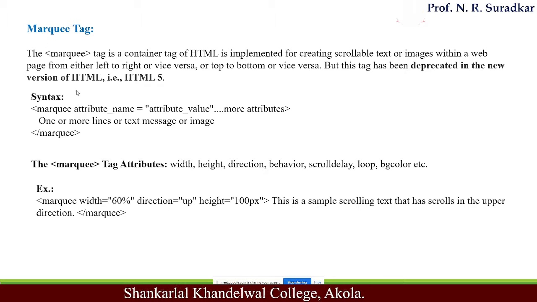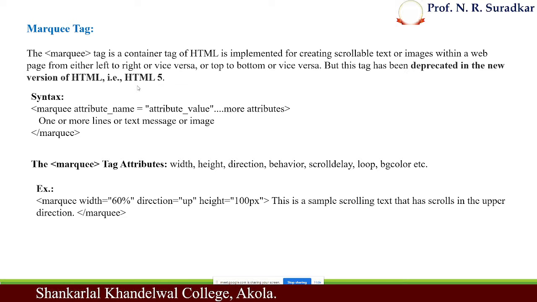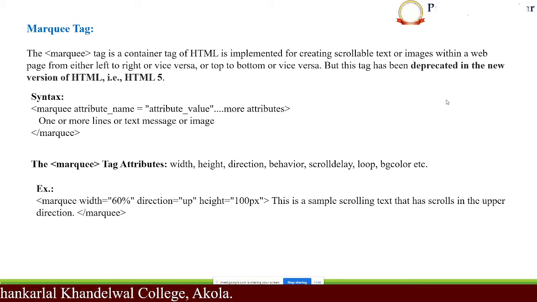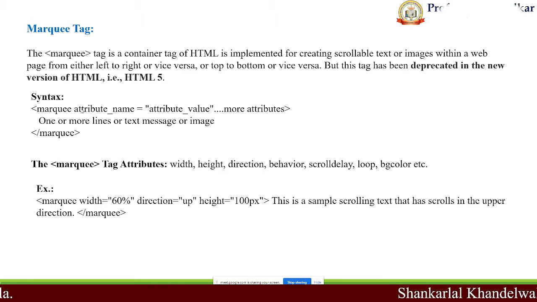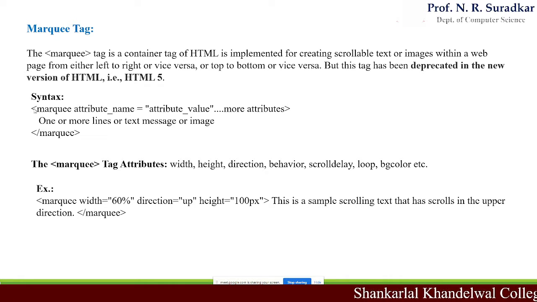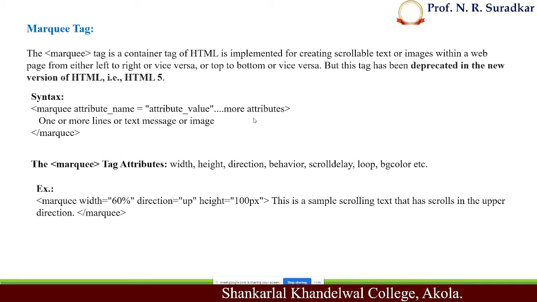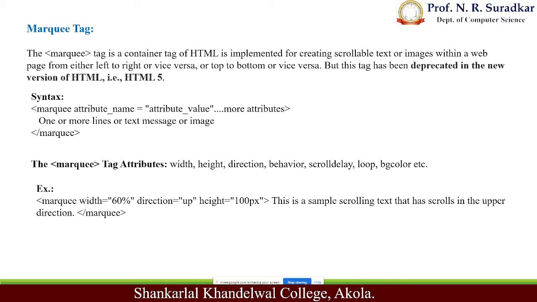This marquee tag is used in HTML as well as HTML5. HTML5 is the advanced version of the HTML language. When we want to use the marquee tag, there is a certain syntax we have to use. First the marquee keyword with the opening angle bracket, and in between the opening angle bracket and closing angle bracket, you have to use several attributes. These attributes are the values which we assign to the text on which we are going to apply the text effect.